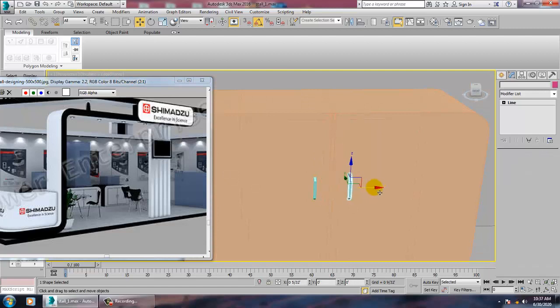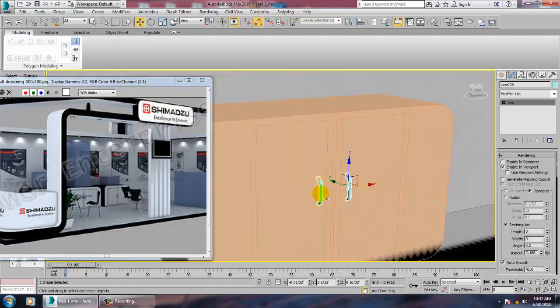So you can just shift and drag and make a copy of it.